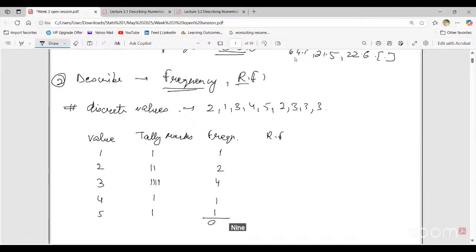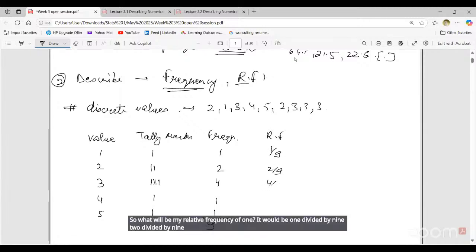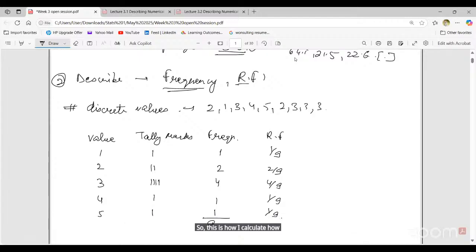So what will be my relative frequency of 1? It would be 1 divided by 9. 2 divided by 9, 4 divided by 9, 1 by 9, and 1 by 9. Okay, so this is how I calculate and make a frequency table